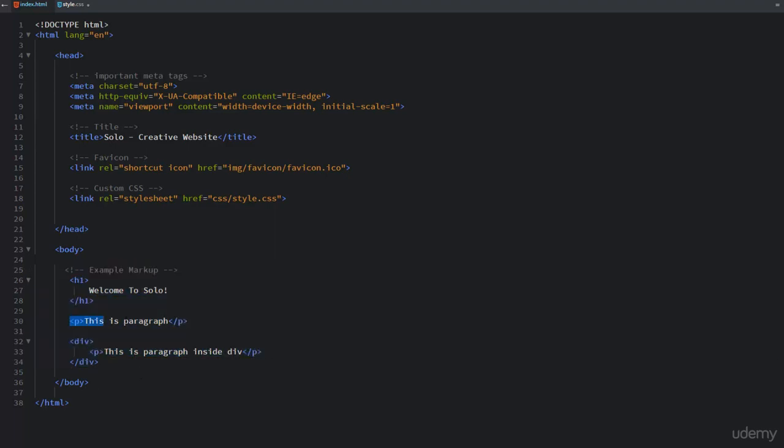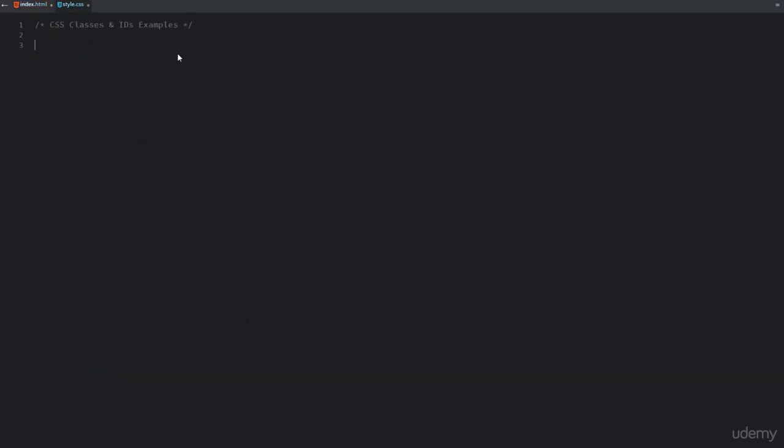I'm going to add an ID to this p element and the ID is main. I'm going to add an ID attribute to this p element and the value for this ID attribute is main. This ID is unique to this p element and you cannot apply the same ID to another element within this page. Okay, now I will show you how you can apply CSS to only this p element using ID. I'll go to style.css. To apply CSS using ID, you write hash and then you write the value of the ID attribute, and the value of the ID attribute is main. And then you apply CSS inside these curly braces.